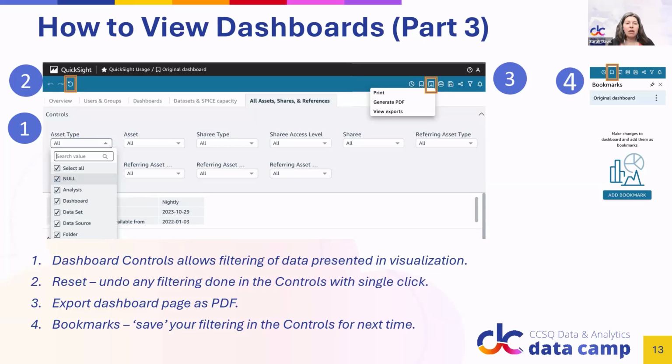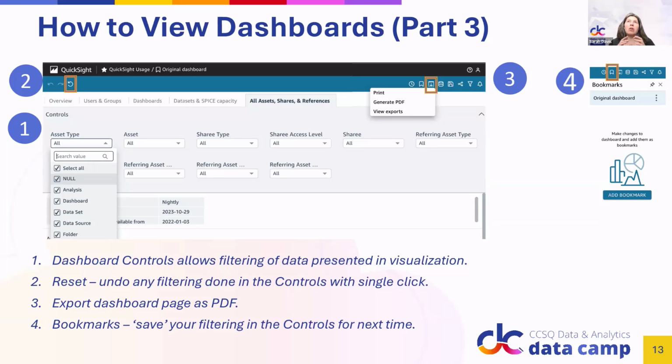You also have the ability to export as a PDF, and that is in the upper right hand of the blue navigation menu. Also, if you have a lot of controls and filters, it would be good to let your end users know how bookmarks work.